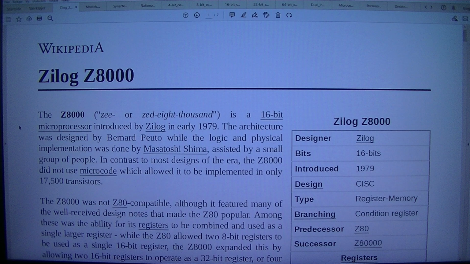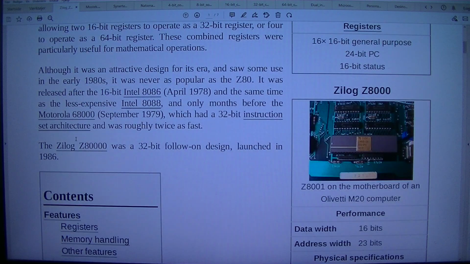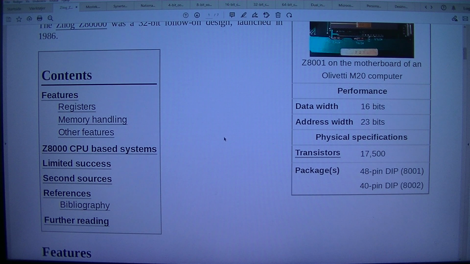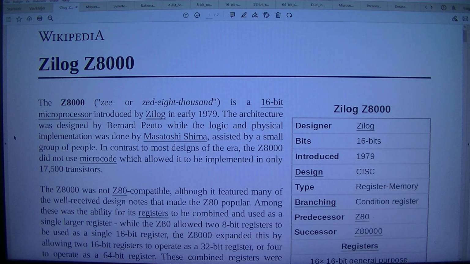Z8001 on the motherboard of an Olivetti M20 computer. Data width 16 bits, address width 23 bits physical, transistors 17,500, packages 48-pin DIP for the 8001, 40-pin DIP for the 8002. The Z8000 is a 16-bit microprocessor introduced by Zilog in